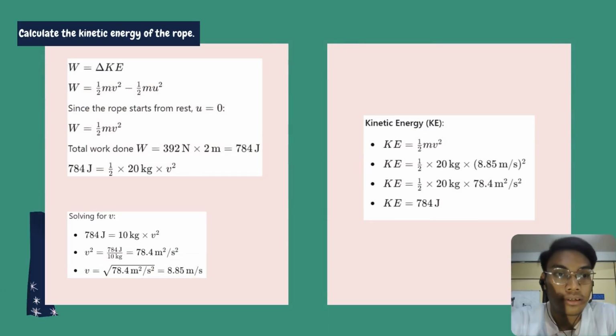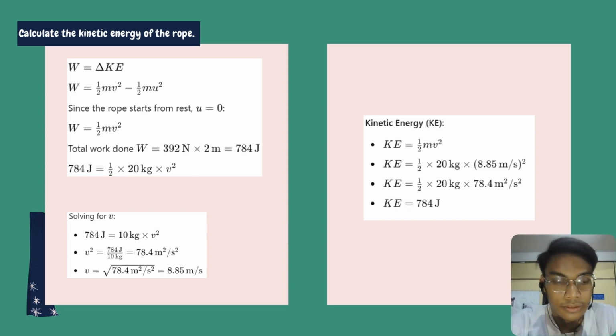Okay, next, calculate the kinetic energy of the rope. The formula for the kinetic energy is 1/2 mv square. First, we need to find the value for the v, so we will use the formula W equal to the change in kinetic energy. The kinetic energy formula is 1 over 2 mv square minus 1 over 2 mu square. Since the rope starts from rest, which means u equal to 0, then what is left is 1 over 2 mv